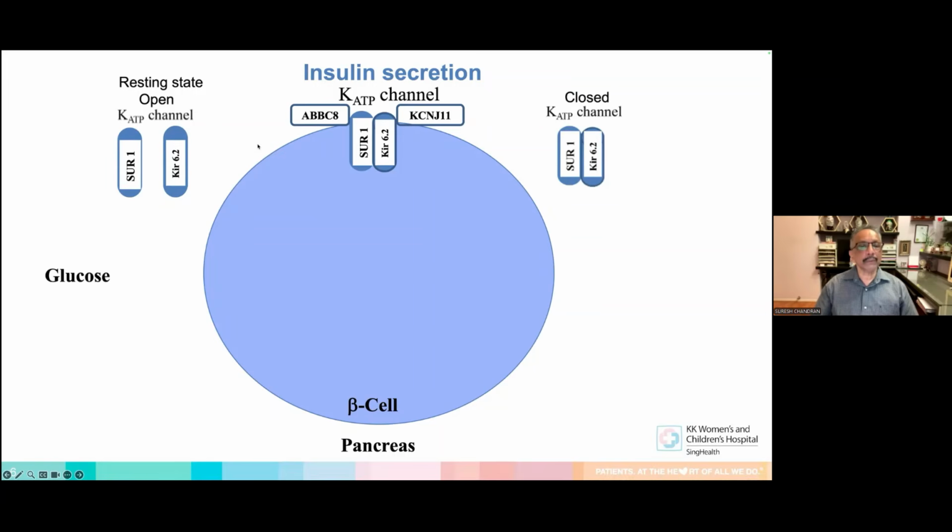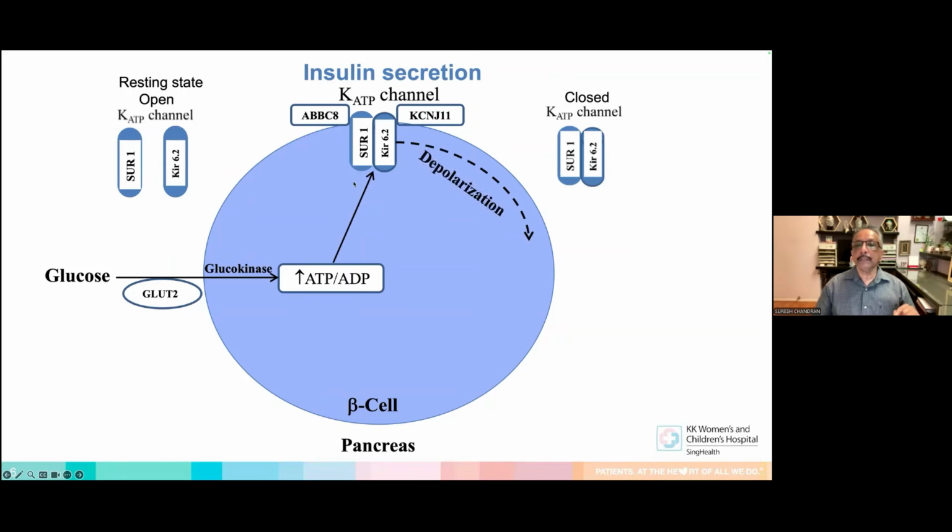So let us see what happens when the glucose comes in. The glucose enters the cell. Glucose transporters move the glucose into the beta cell. It is acted upon by glucokinase, resulting in production of an excess amount of ATP, or in other words, the ATP to ADP ratio increases. This is the stimulus for the channel to close, which was remaining open all this time. This leads to depolarization of the cell, which causes influx of calcium into the cell and release of insulin from